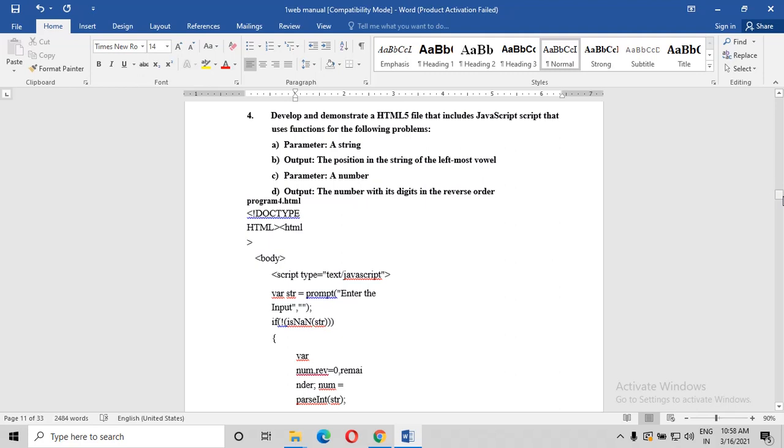Hope all of you have done the palindrome program. A simple example is racecar, RACECAR. If you reverse it and spell it, the meaning is also the same, right?